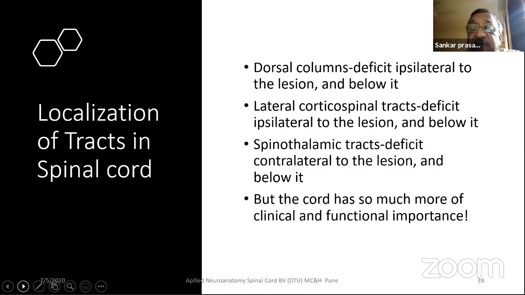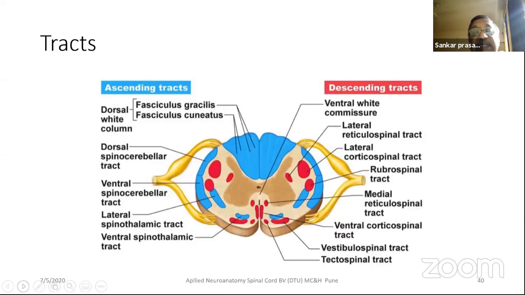The spinothalamic deficit, as I said, is contralateral to the lesion, but the cord has so much more clinical and functional importance. So these are the hard lines. Some of these things may always work, may not, but you keep remembering them and look for other signs as well. So as I said, the tracts have ascending tracts and descending tracts. And ascending tracts are conducting the sensory information from the periphery, and so they are distributed into the lateral spinothalamic tract and ventral spinothalamic tract and ventral spinocerebellar, dorsal spinocerebellar tracts, and these are in the lateral part,